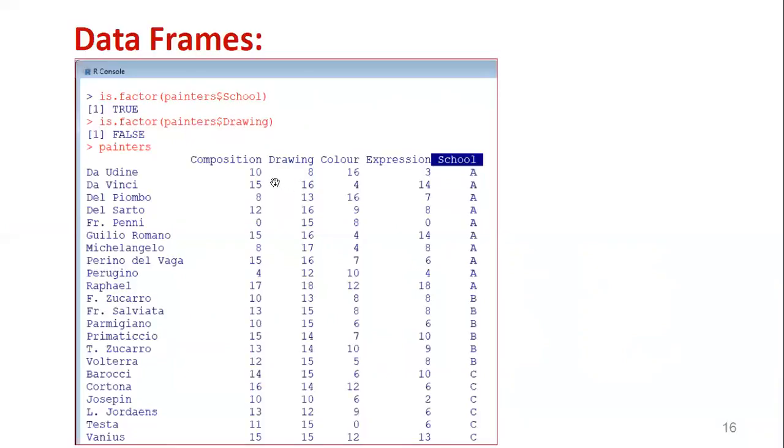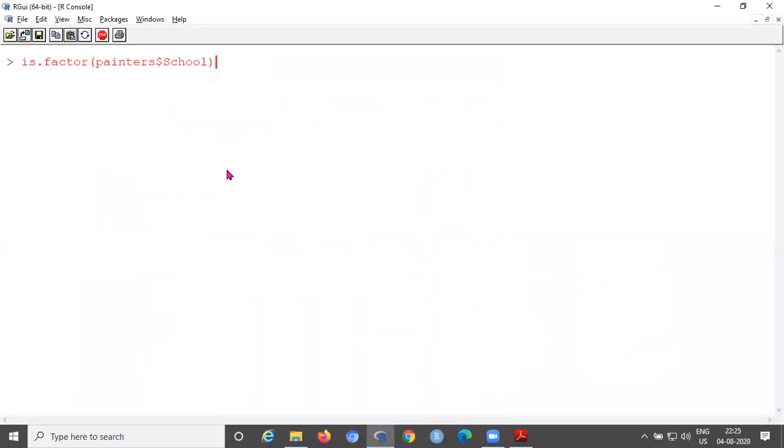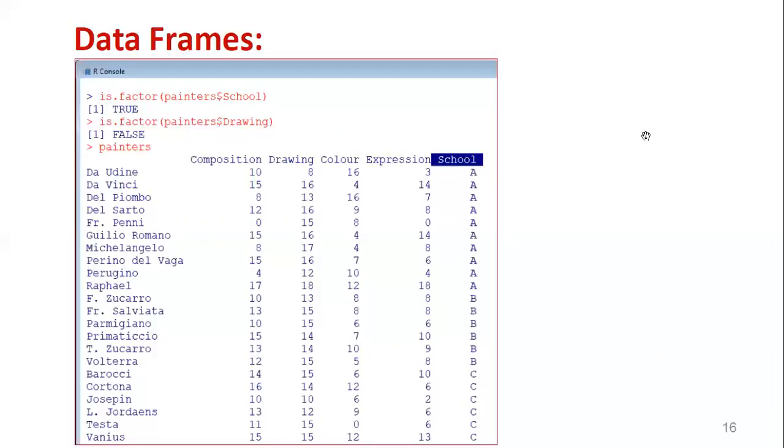In the database you can observe composition with capital C, drawing capital D, color capital C, expression capital E, school capital S. In a similar fashion we use them, because R is case sensitive. Now you can see is.factor painters dollar school. School is a factor variable. Here you can see it contains characters.